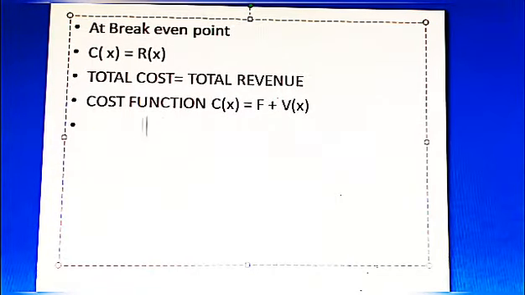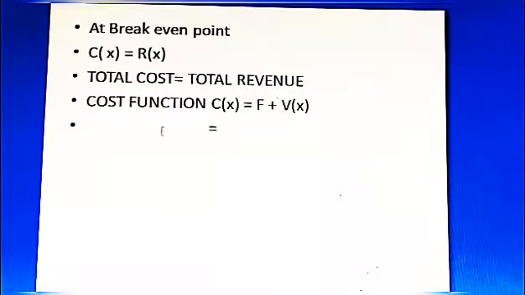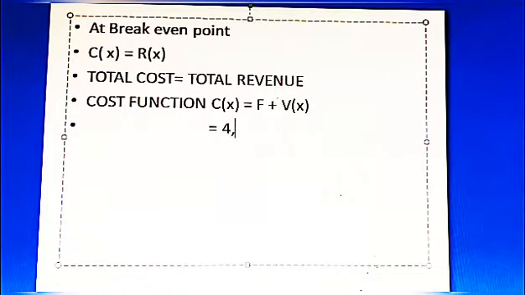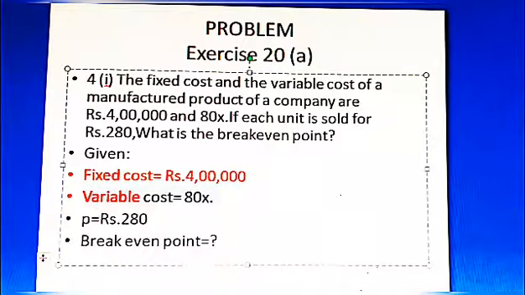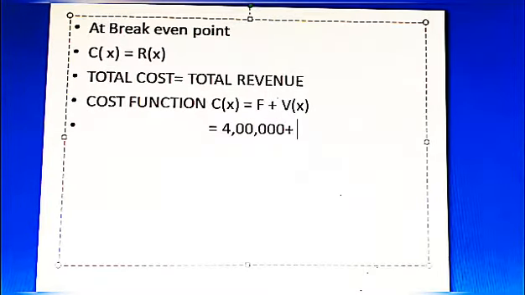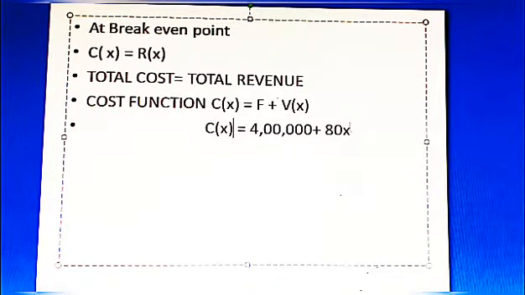So what is your fixed cost we have? The fixed cost is 4 lakh. We'll just write that. Fixed cost is 4 lakh. And what about your variable cost? Your variable cost is this, right? 80x. 80x is your variable cost. So plus 80x. Understood students so far? This will be the total cost or cost function. It is represented by C of x. You can pause the video and copy it. Now we got the cost function.